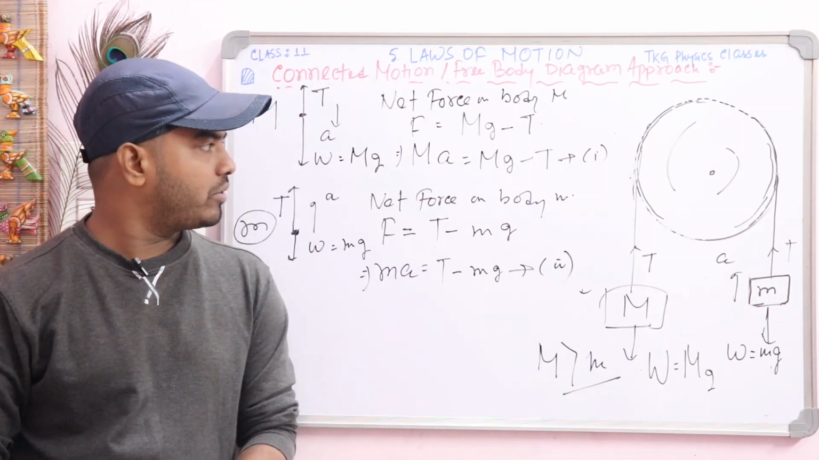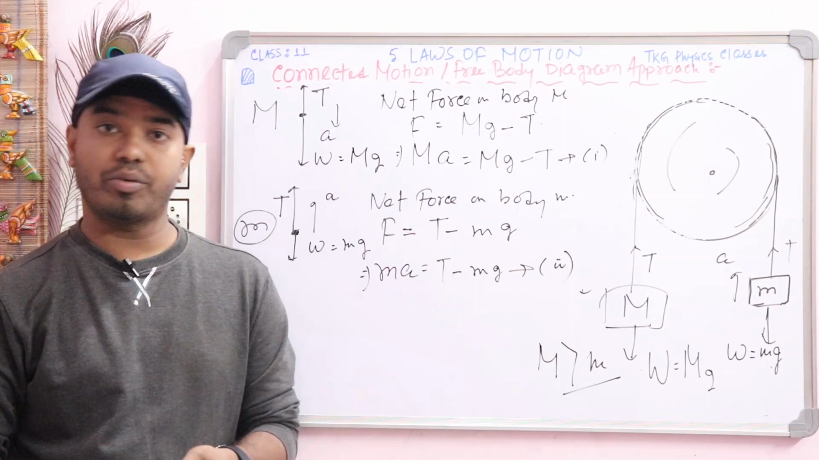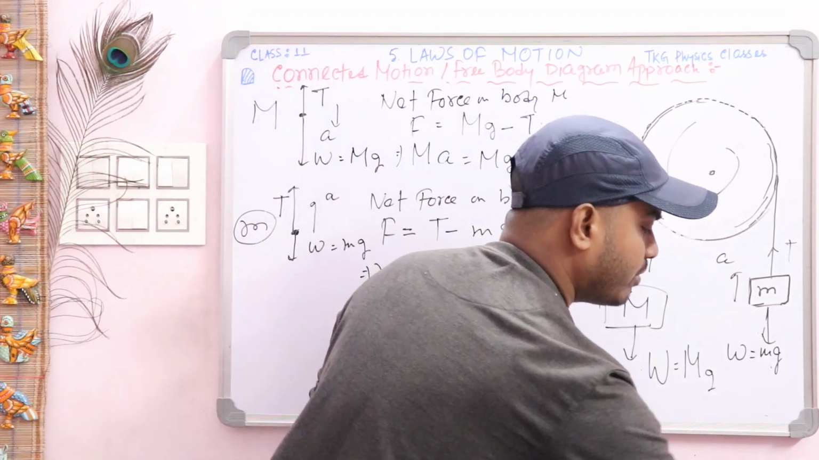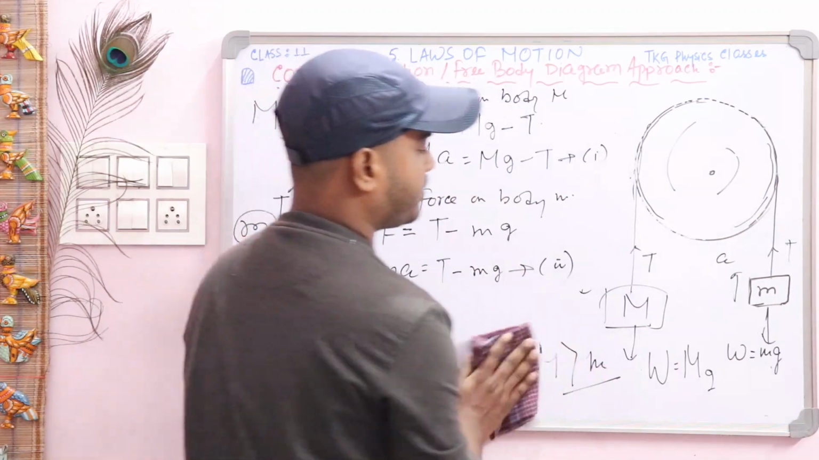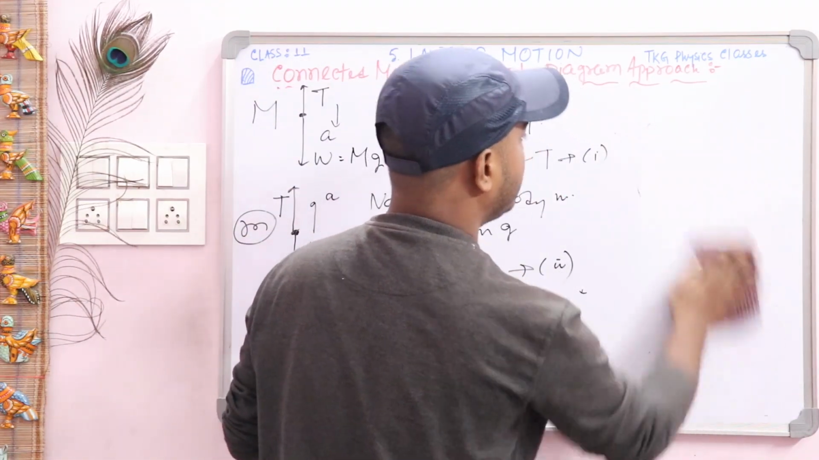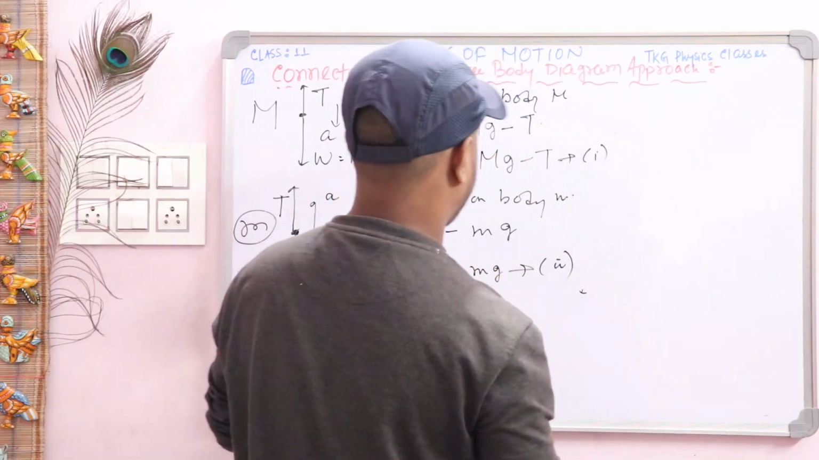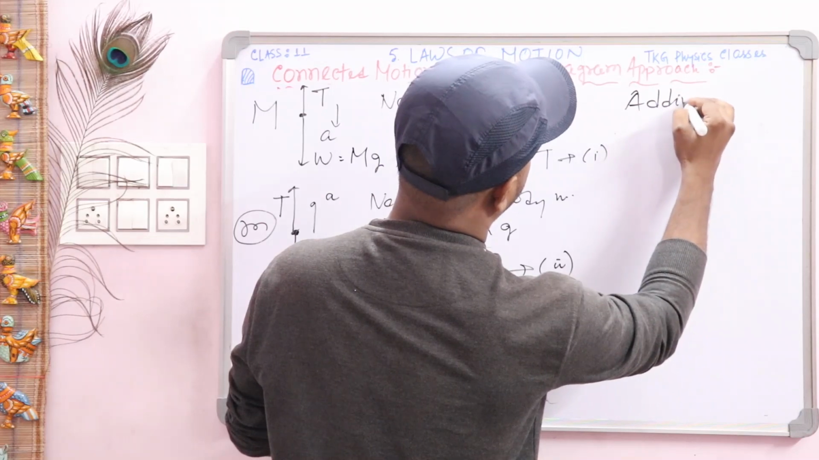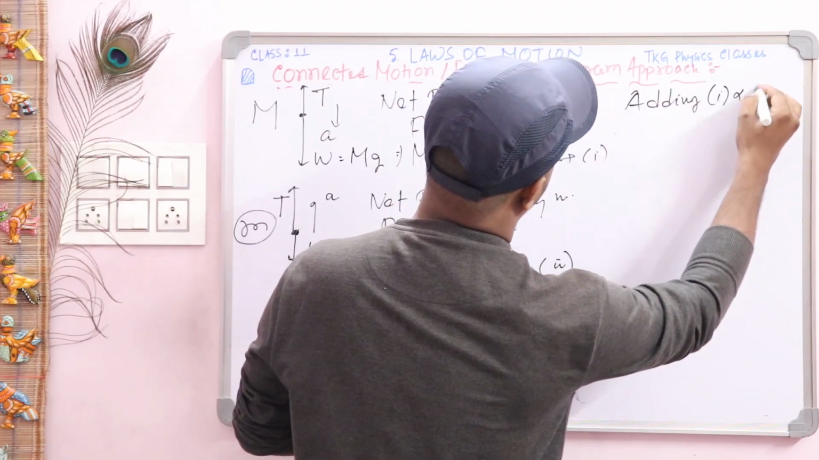Okay, suppose we are adding equations 1 and 2. First of all, add them. So by adding equations 1 and 2, what will be the value? Write it. So by adding equations 1 and 2, we can write,